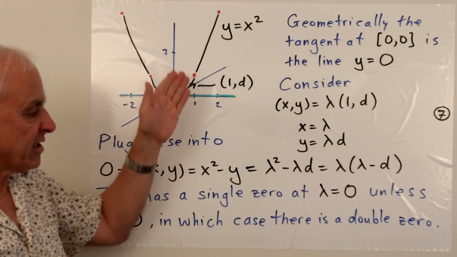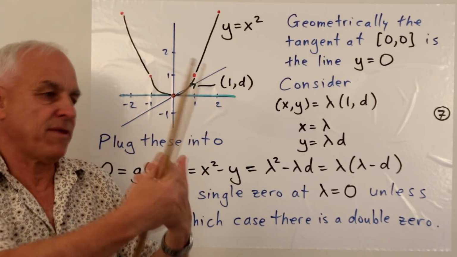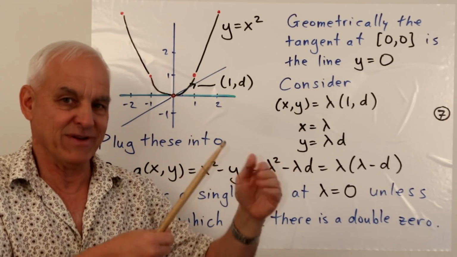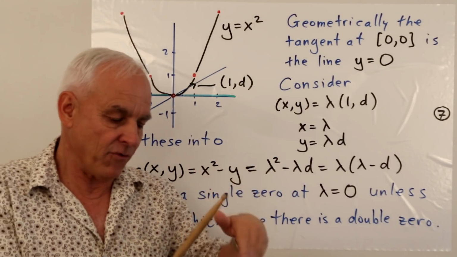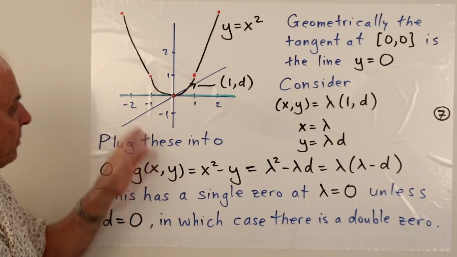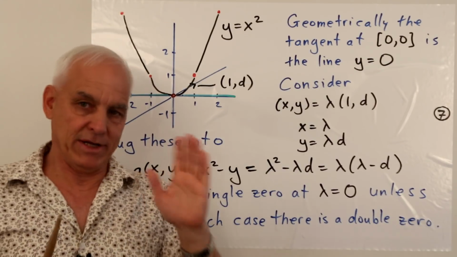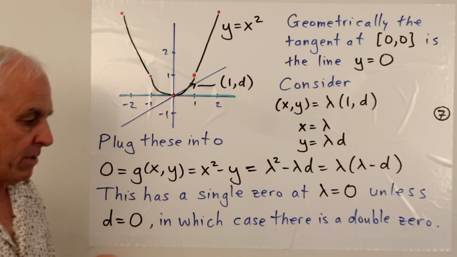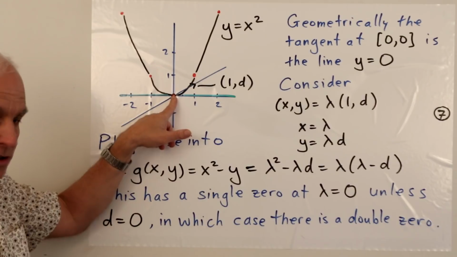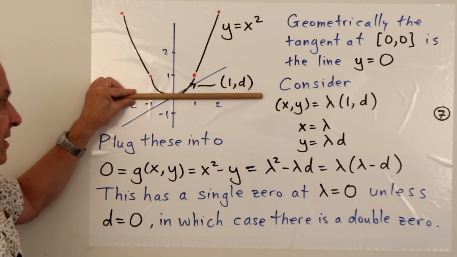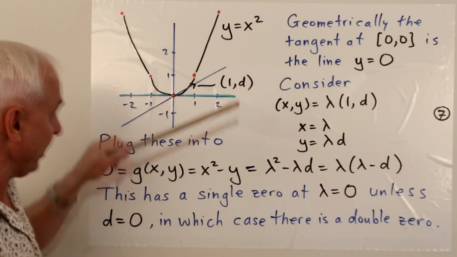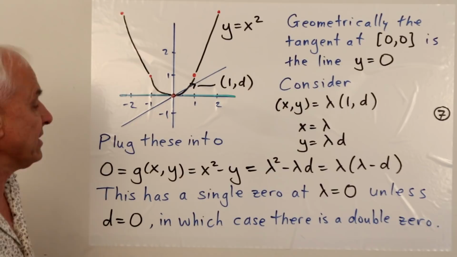So let me try to explain how we want to think about tangents from an algebraic point of view. We do not want to think about a tangent as being a limit of a secant. Okay, that involves this infinite process of taking limits. We don't want to do that. So how do we get around that? So to understand that, let's look at a simple example, okay? Much simpler than the semicubical parabola, just the ordinary parabola y equals x squared. And let's choose the simplest point, the origin. And let's try to understand what makes the x-axis, the line y equals 0, a tangent. Obviously, geometrically, it's a tangent, but what actually makes that a tangent?